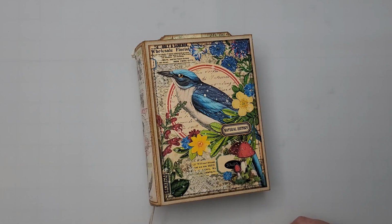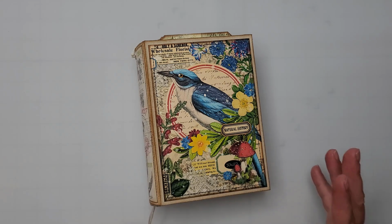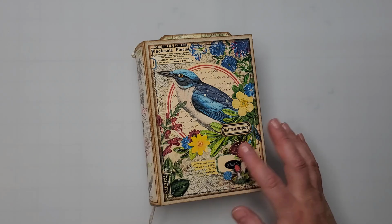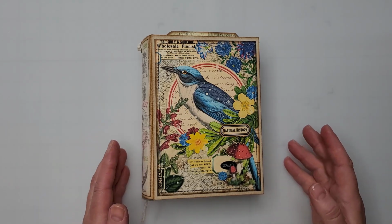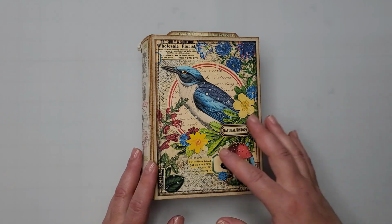Hello everyone and welcome. It's Alexandra and this is the last part of the tutorial series that was dedicated to the natural history mini book that you see right here. The last part will be dedicated to some finishing touches, embellishing the pages of the little journals that we had inside,